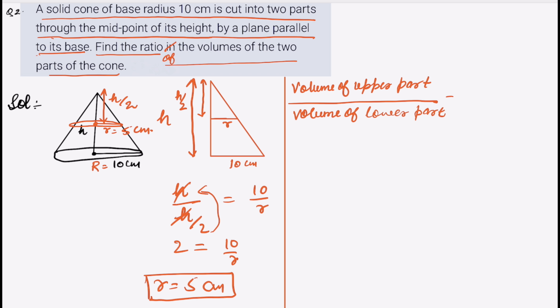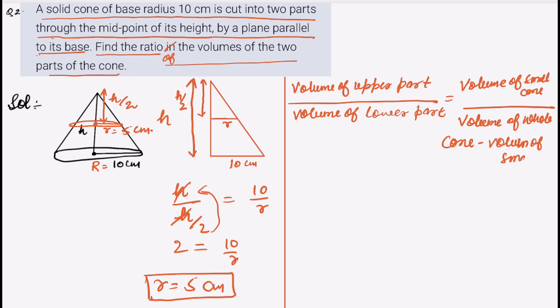That will be equal to the volume of the small cone upon the volume of the whole cone minus the volume of the small cone. If we remove the volume of the small cone from the whole cone, then we will get the volume of this lower part. Okay. So from here we can write the volume of the small cone, that is 1 by 3 pi r square